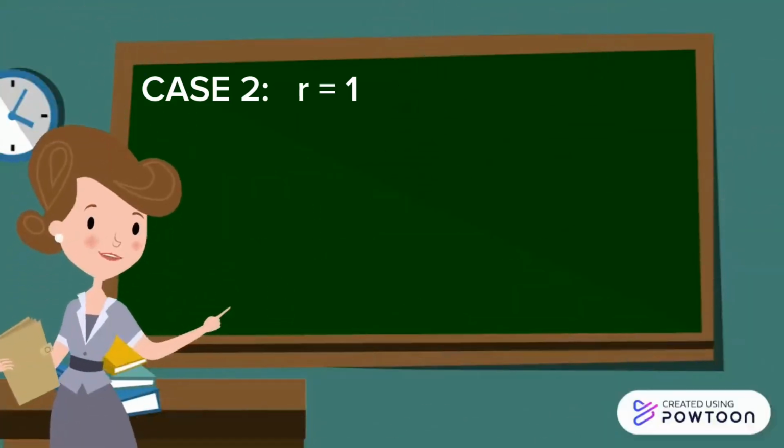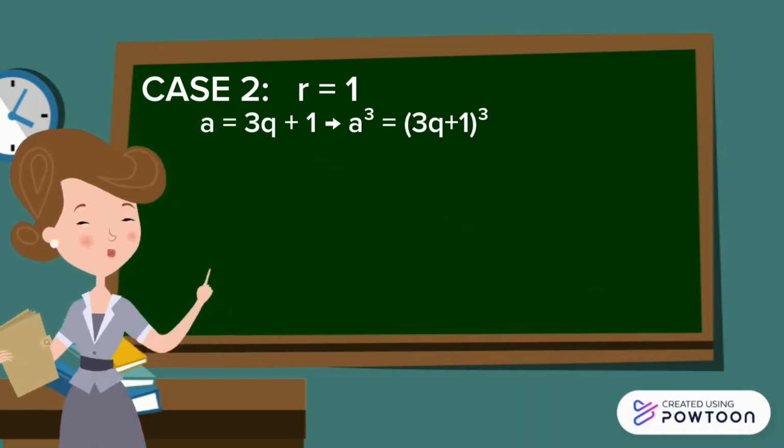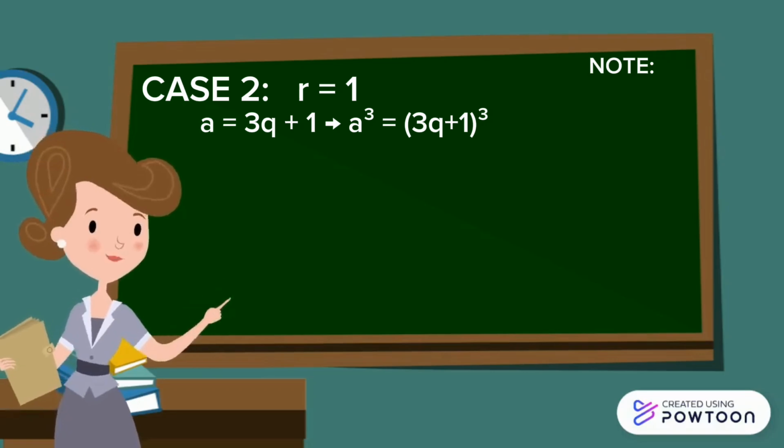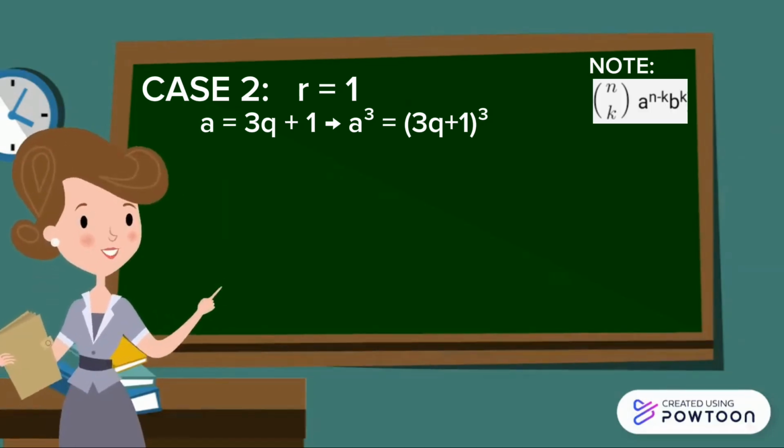Now let's proceed to case 2. To solve the second case, 9k plus 1, if the remainder is equal to 1, we assume that the integer a is equal to 3q plus 1. Then we formulate the cube of the assumed integer a, which will be a cubed is equal to the quantity of 3q plus 1 raised to 3. To simplify the quantity of 3q plus 1 raised to 3, we can use the binomial theorem formula that states the quantity of n taken k